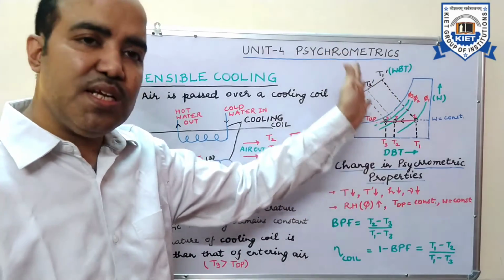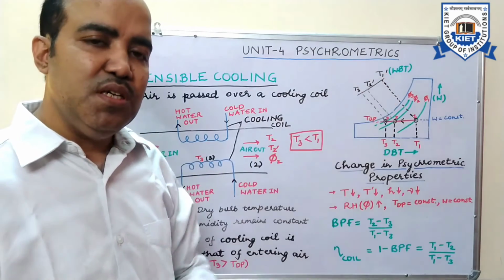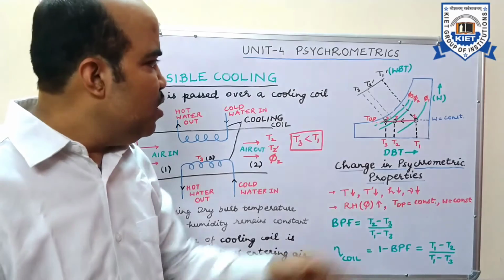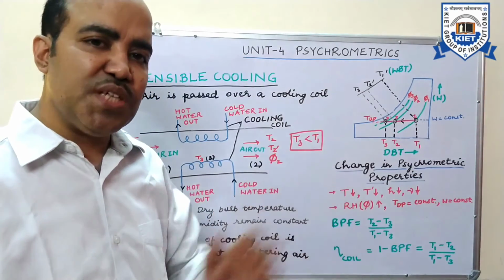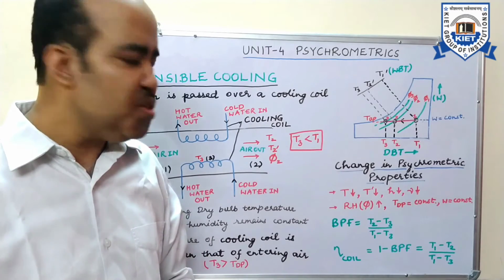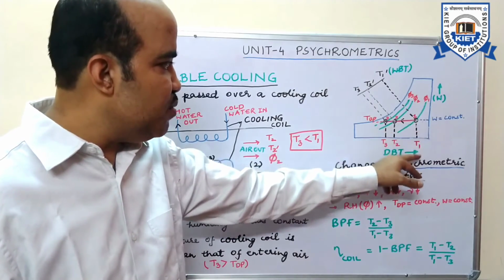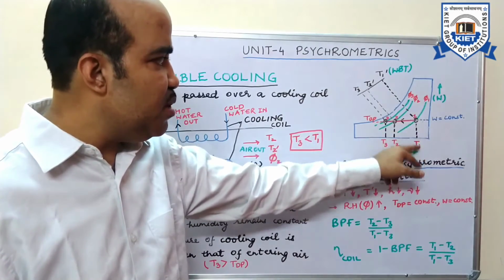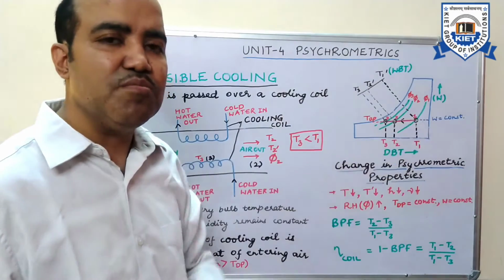Or sometimes the enthalpy of the moisture is also given to you. So point number 1 is located with the help of a number of psychrometric properties that you must have studied in the previous few lectures. Let us say point number 1 we are locating with the help of dry bulb temperature and phi1. This is point number 1.